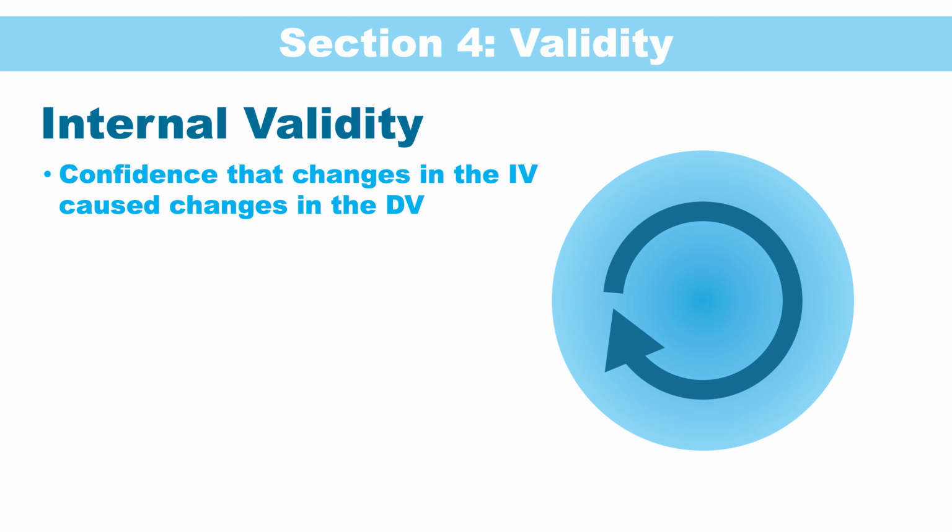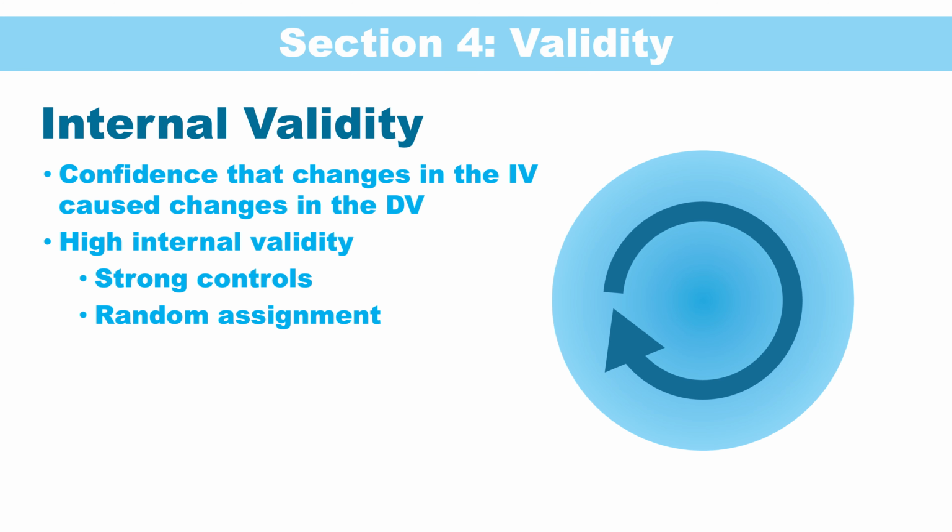Internal validity tells us whether we can confidently say that changes in the independent variable cause the changes in the dependent variable. In the power balance bracelet demonstration, a lack of control, or random assignment, greatly limited its internal validity. Confounding factors like practice effects or the placebo effect weren't controlled for. A study with high internal validity has strong controls over confounding variables and uses random assignment to ensure groups are